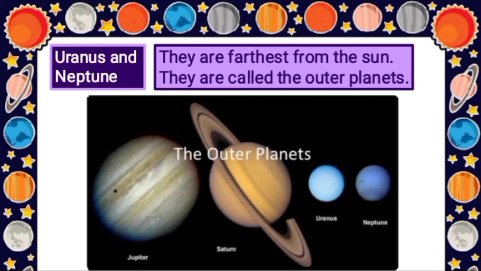Next planet is Uranus, and it was the first planet to be discovered after the invention of the telescope, and it is the seventh planet from the sun, and it travels around the sun at an average distance of about 1.8 billion miles, means 2.9 billion kilometers, and it is the only planet which rotates on its axis from east to west, and it has 27 known satellites, and it is a very cold planet, and it receives 370 times less sunlight than Earth, as it is far away from the sun as compared to Earth.